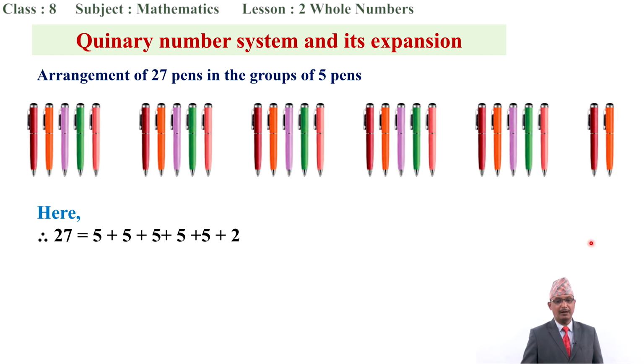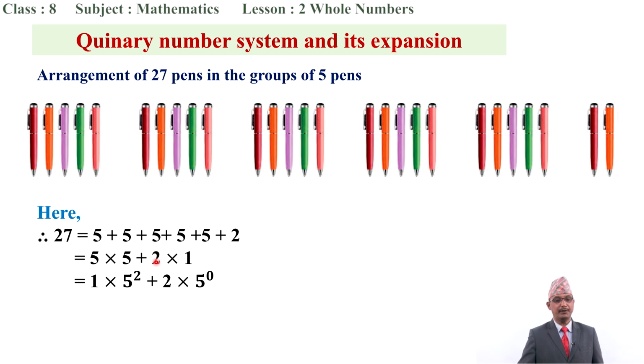5 plus 5, how many times 5? Can you count it? 1, 2, 3, 4, 5. So we can write 5 times 5, whereas we have 2 only 1 time. So we can write 5 times 5 plus 2 times 1. 5 times 5 can be written as 1 into 5 square, because 5 times 5 is 25, 5 square is